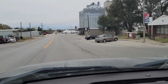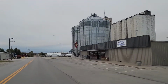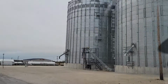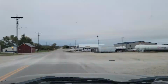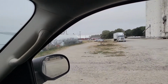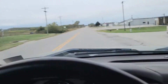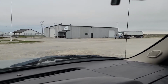Down here on the right used to be a grocery store, but it's recently opened up as a Mexican restaurant. You can see the big bins behind it. The co-op's on either side of the road here. The scale house and offices are here on the left, and main elevators on the right. Got somebody dumping some beans there. I'm guessing that's probably what those two trucks have on them. Over there we got the sale barn, meat packing plant, auto shop, and Napa Auto Parts. We got a vet clinic over there, car wash, and then the water district,